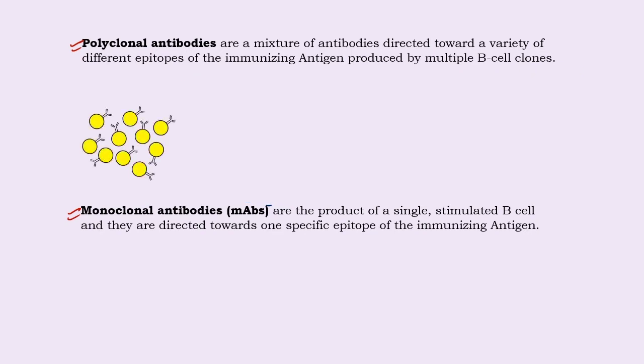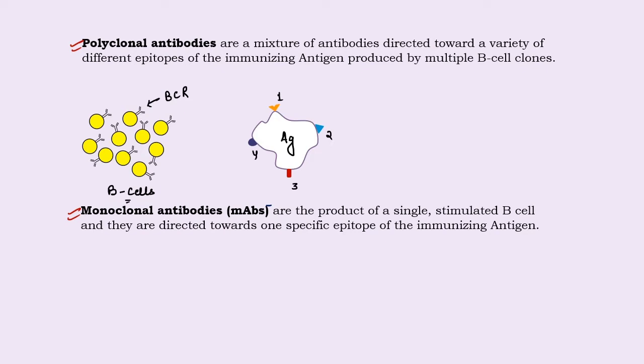Okay. Now let's suppose these are the different B cells that are present in an organism. So these are the B cells, and there are B cell receptors present on all the B cells. These are the B cell receptors. If this organism gets infected by this particular antigen which has several epitopes on its surface, let's number them 1, 2, 3 and 4.